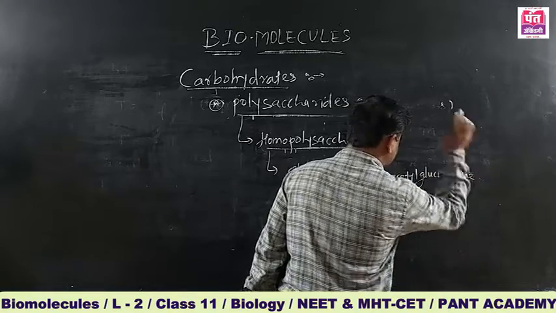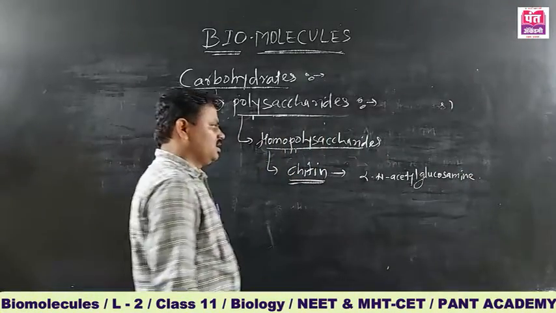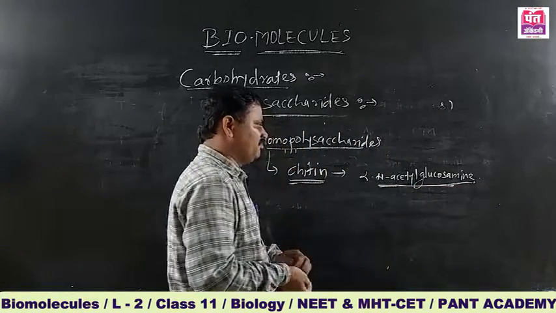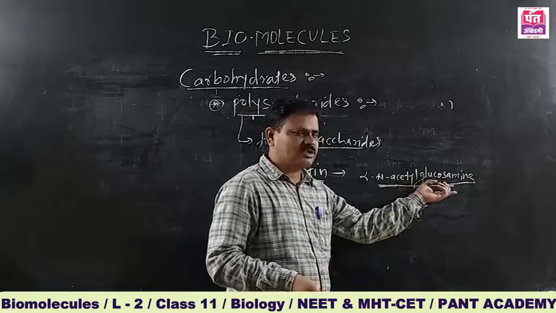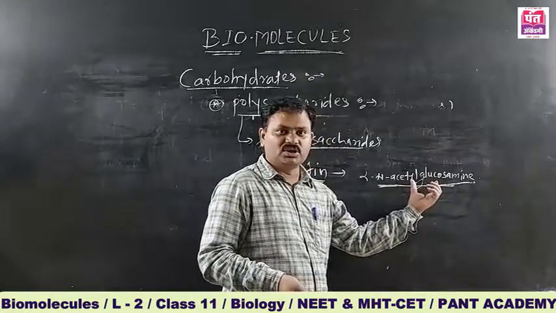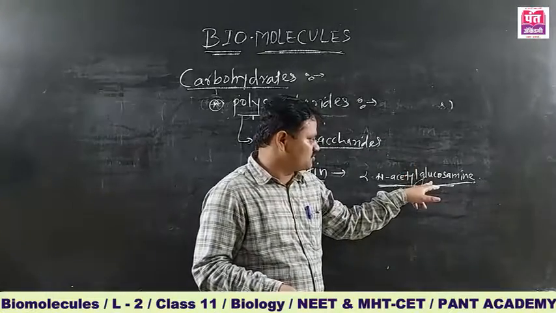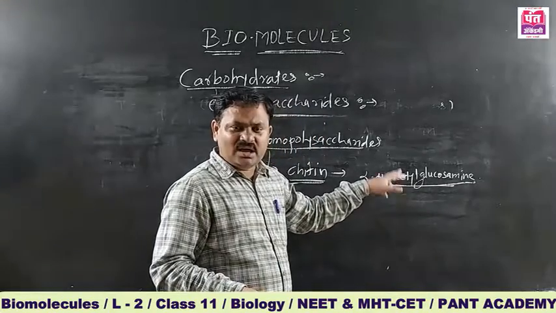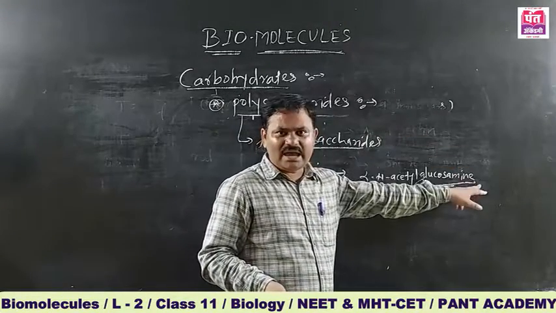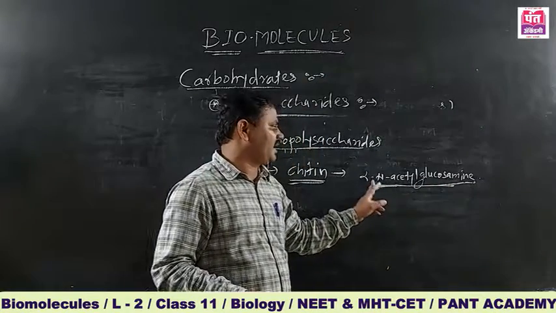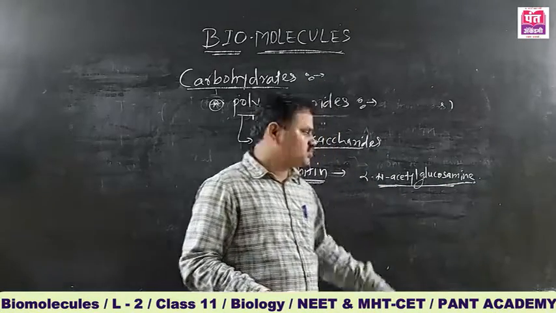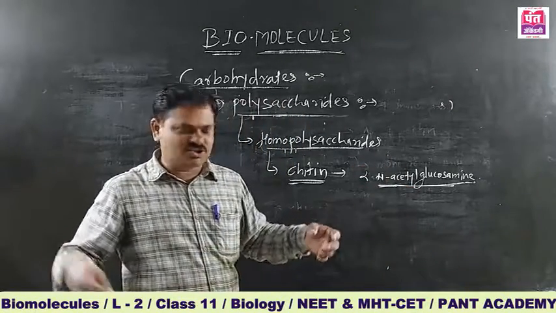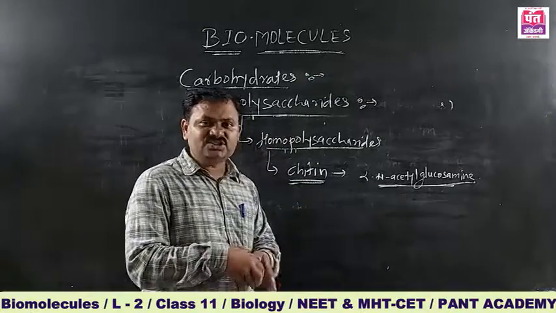Remember, N-acetyl glucosamine is an amino sugar. It is a modification of glucose: glucose is attached to an amino group, and an acetyl group is attached to the amino group at the end, and therefore N-acetyl glucosamine. So this N-acetyl glucosamine comes together in a linear fashion and forms chitin,